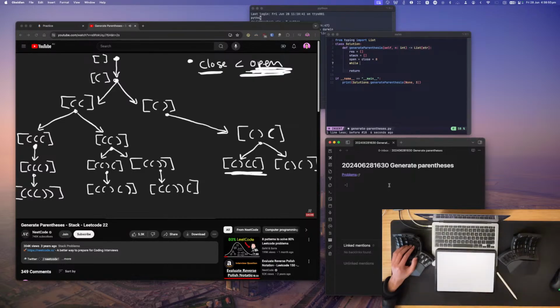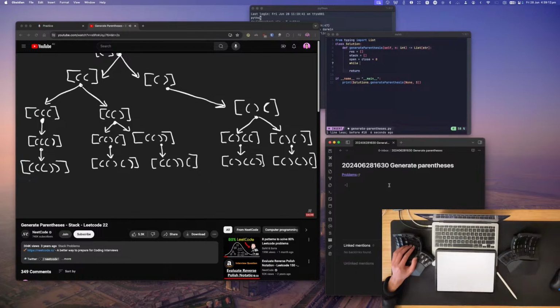Here we also only have 1 choice because we already have 3 opening parentheses, so we can only add a closing parenthesis at this point. Here we also have 1 choice. We can only add an open parenthesis because if we add a closing parenthesis, that would make this invalid, because then the close count would be greater than the open count, right? Which we cannot do. And so at this point, for each of these 5, we only need to add a